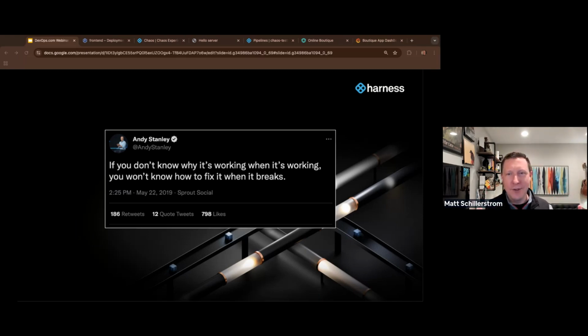And not to say you need to learn how a motor works so you can fix your car. That's kind of hard. I do appreciate people that know how to do that or even fix a lawnmower. But if you are owning and operating a software system, you need to know how it works, right? And that's where doing performance testing and load testing, especially proactive chaos testing, will actually teach you how it's working. So the things that you implement in your code, you can actually validate that it's going to work, right?